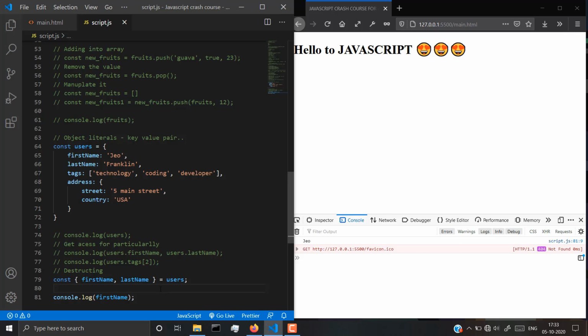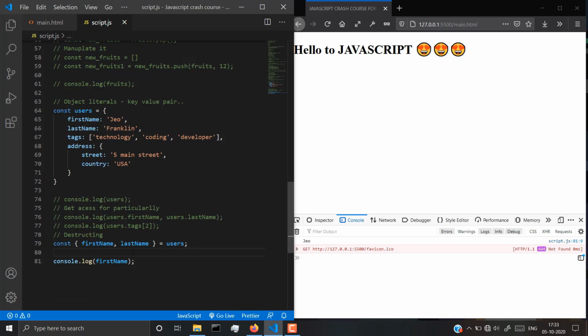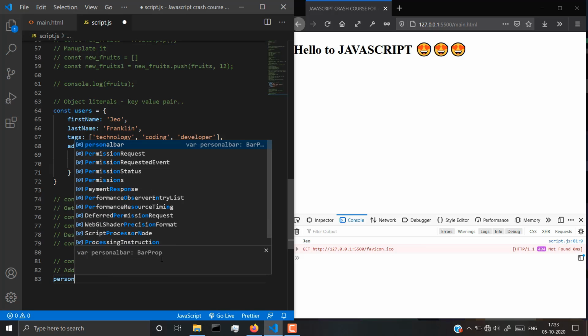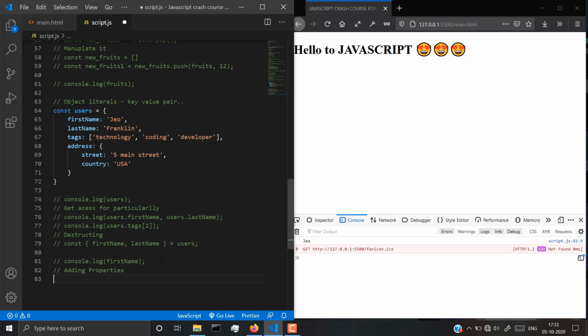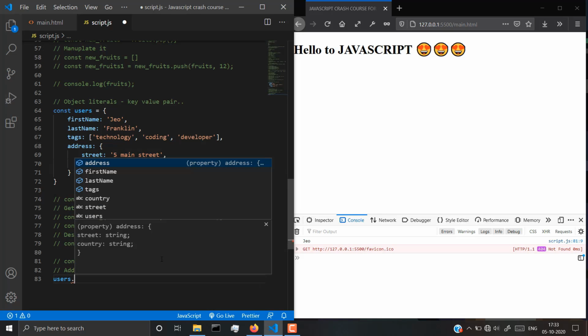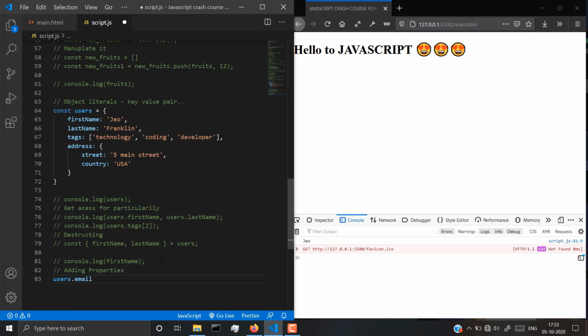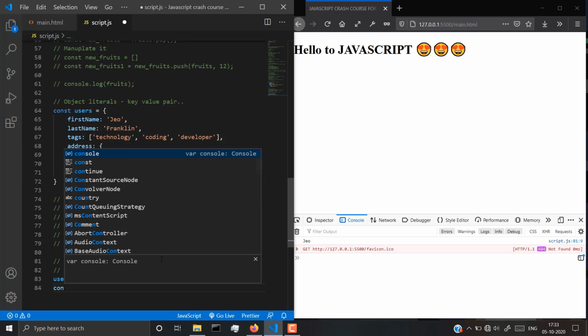Okay, so after this what we could do, we could also add properties. So let's just see how could we add properties. Let's comment out this below and adding properties. So we could write users dot email. Let's say for an example, then we could write geo @ gmail.com, and just like this,